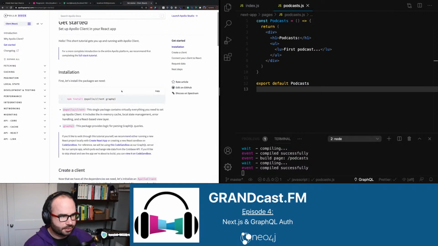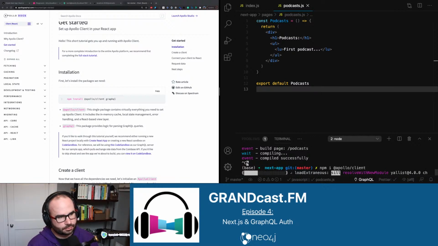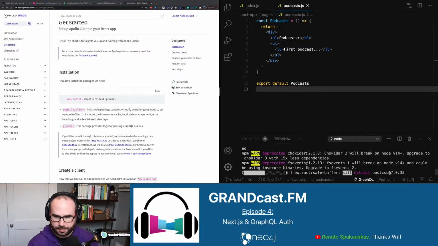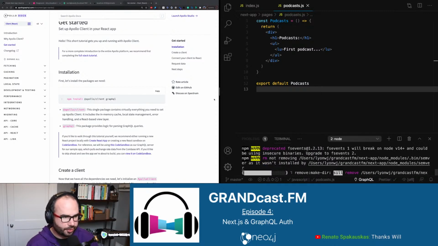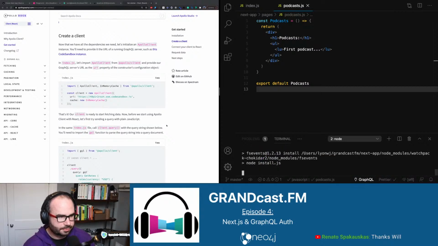In React, the first thing we need to do is install it. So I'm going to stop our server and do an npm install Apollo client. I guess I also needed to install GraphQL. I think that's a peer dependency of Apollo client. Okay, so while that's installing, what we'll need to do